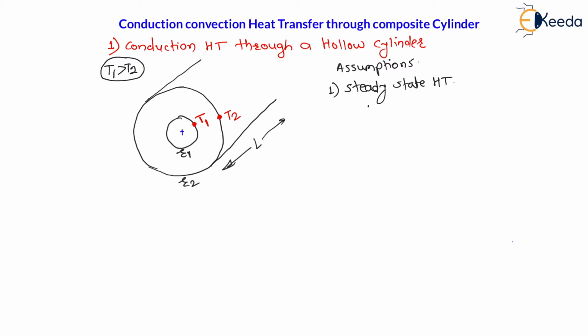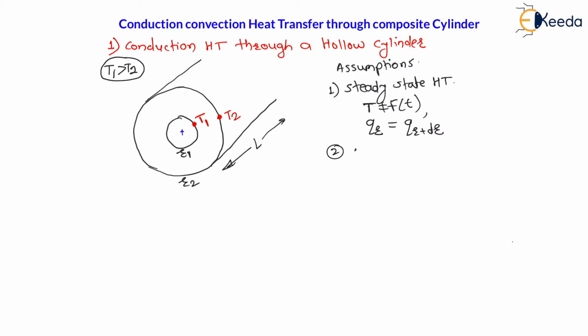Steady state heat transfer means temperature is not a function of time, right? Temperature will not change with respect to time. Means this inside surface which is subjected at temperature T1, this will be the constant temperature at any time, as well as the outside temperature of this wall will be constant at T2 at any time, right? And here therefore temperature is a function of only radial direction. Now again, because of steady state heat transfer, the heat transfer at every location will be same. Let us say heat transfer at any radius r will be equal to heat transfer at radius r plus dr. This is called steady state heat transfer condition.